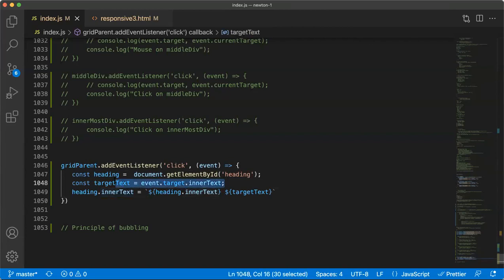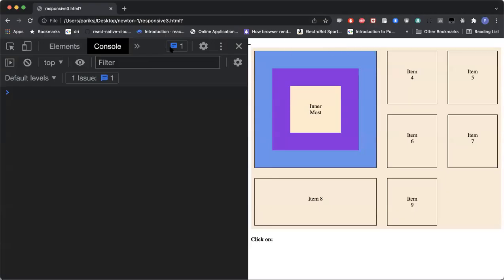And how does this target text work? I think this is where a lot of people will have a doubt. How is this working internally? How is event.target.innerText working? Sir, shall I explain? Okay, no worries, I'll explain. You can mute yourself. See, guys, what we have done